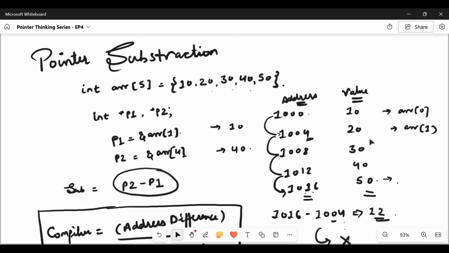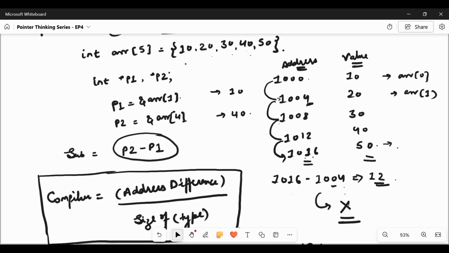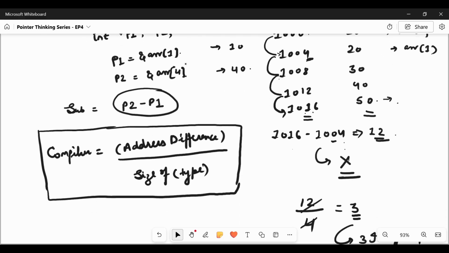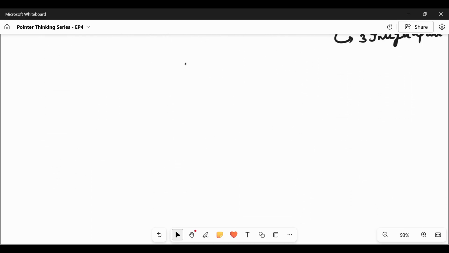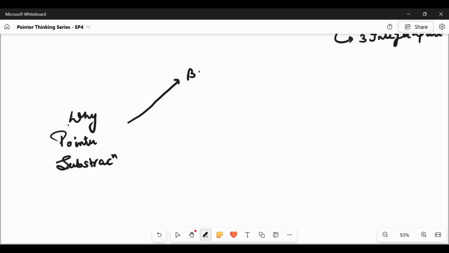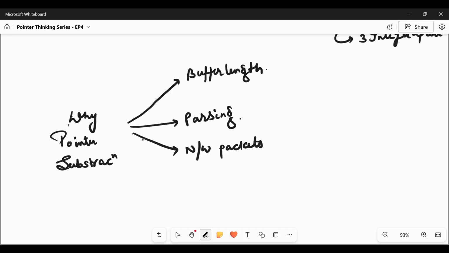So now the question arises why we need pointer subtraction. I hope how the pointers do the subtraction is clear. Now, why does pointer subtraction exist? Pointer subtraction is useful when we have to calculate the buffer length, while parsing data for string processing, network packets, and when we are checking the kernel memory range.